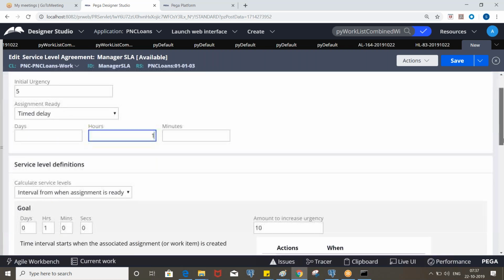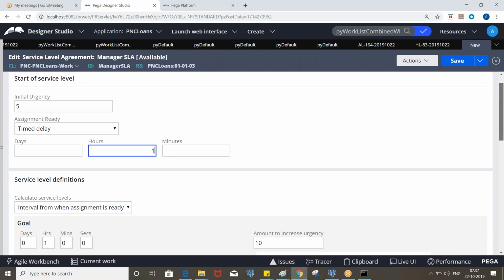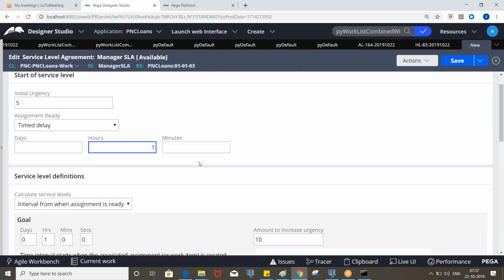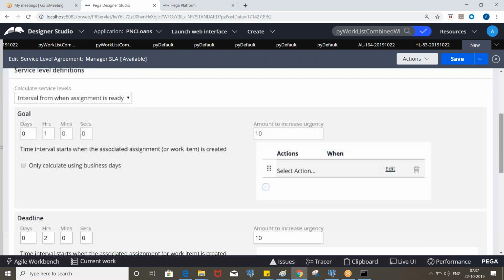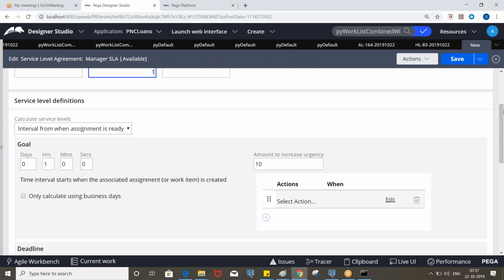Okay, that means let's say the assignment is created at 9 o'clock, and the goal time will be completed at 11 o'clock, right? Because it will wait 1 hour and then start calculating. That means from 10 o'clock, so 10 to 11. Then if it is not performed by 11 o'clock, it will be incremented to 25. Okay, so now here,